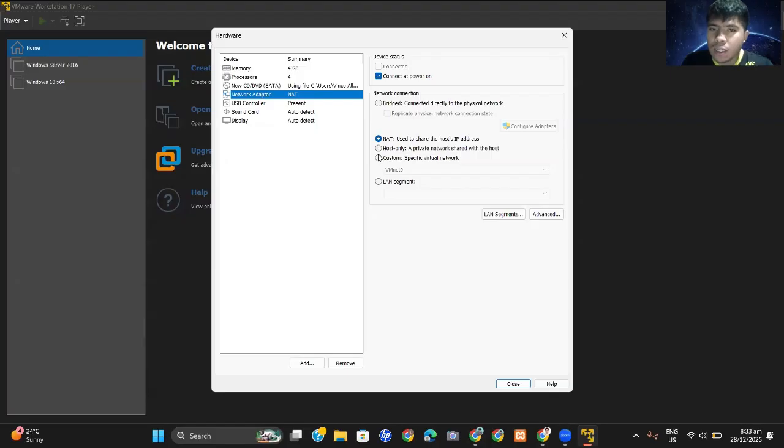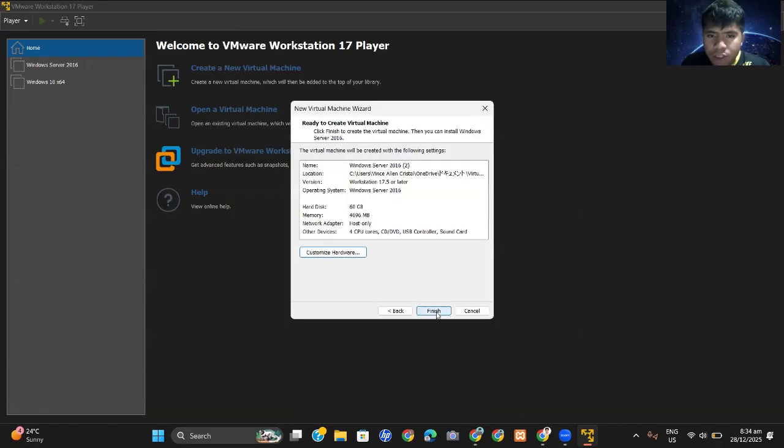Meaning that using host only, when you configure or share the DNS or the IP address of the server to the client, it can successfully connect. Then we close it, then finish.